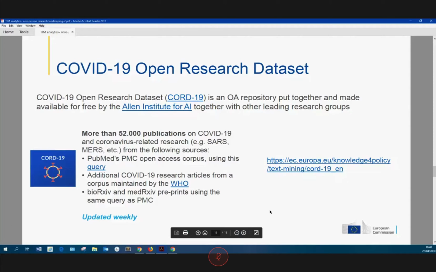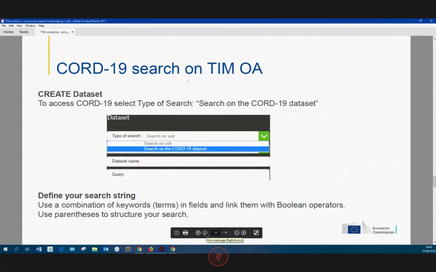Okay, so the COVID-19 dataset inside team. First, I want to show you a few things. They're already written in the website, but like this, I can tell you in case you want to try. So you need to authenticate using EU login. Anybody can make an EU login. So you will go to our website, you make your EU login, you log in, and then to make a search, you have to